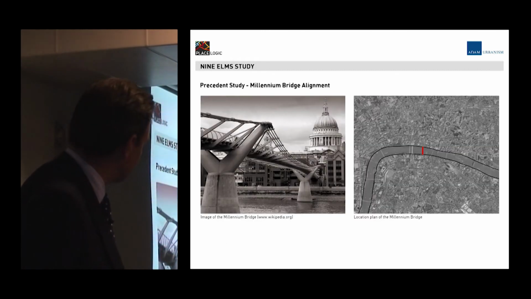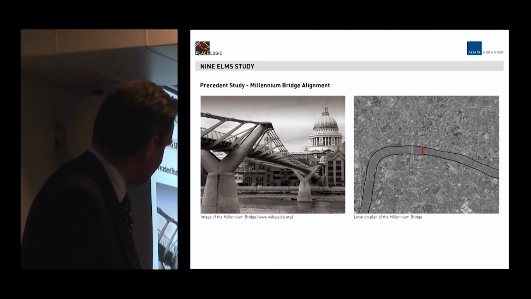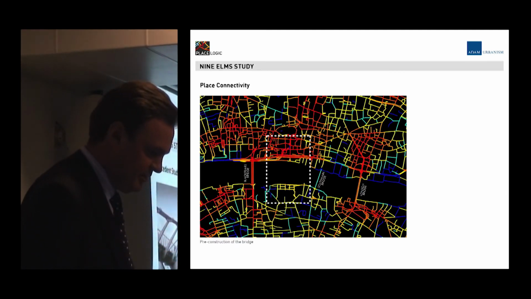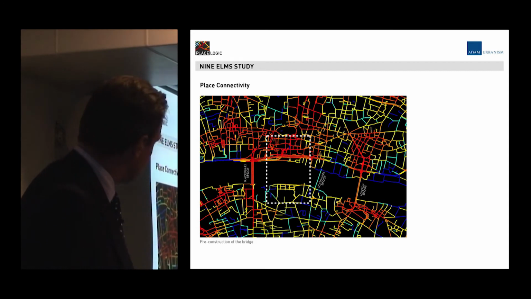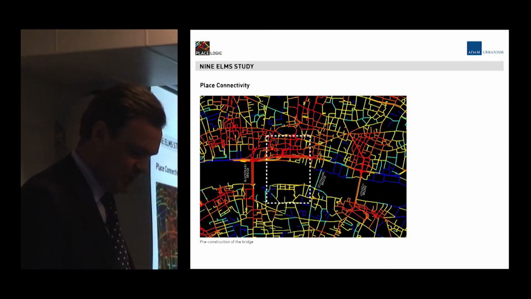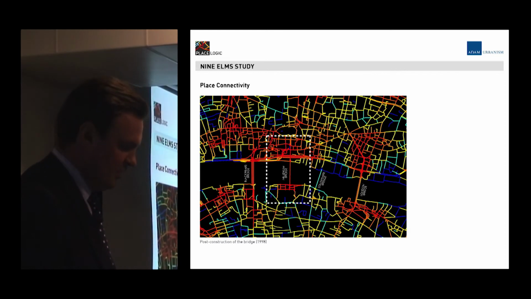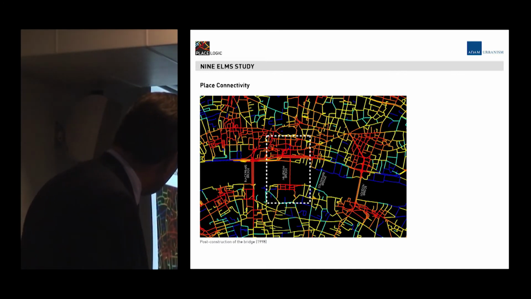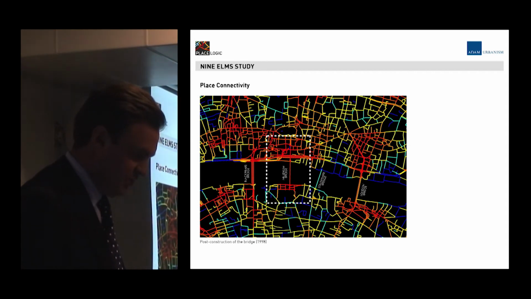So just standing aside from that for a second, the previous bridge across the Thames, the Millennium Bridge, I'm sure you all know where that is. That was the situation before the bridge was put in. Obviously you can see to the north, the city was a very hot network, whereas on the south bank it was really quite poorly connected and therefore rather cooler. And once the bridge goes across, all along by the Globe Theatre and so on, it becomes much hotter and a much more intense area with potential for activity.